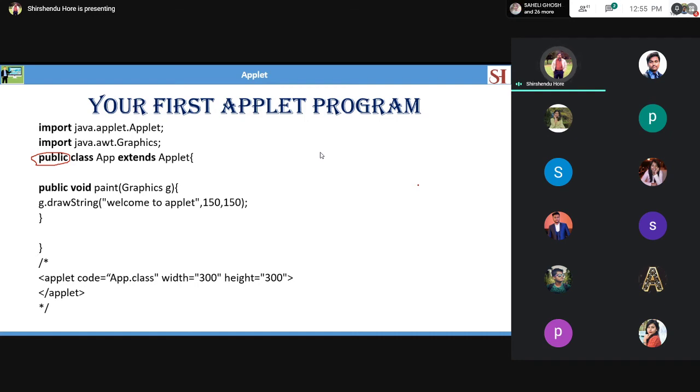The applet code. What does it actually signify? Sir, that's the XML code. XML code? Who told you it is XML code? XML or HTML maybe. HTML code. You can say XML in the sense that it doesn't use any predefined tags, it uses your own tags, but still, applet code. What does app.class stand for?